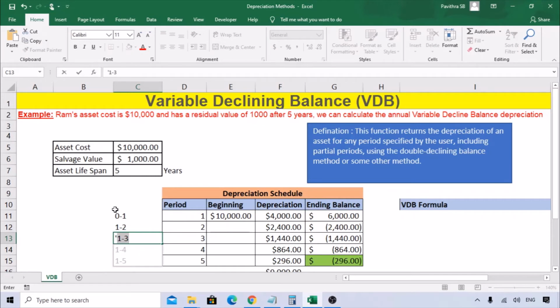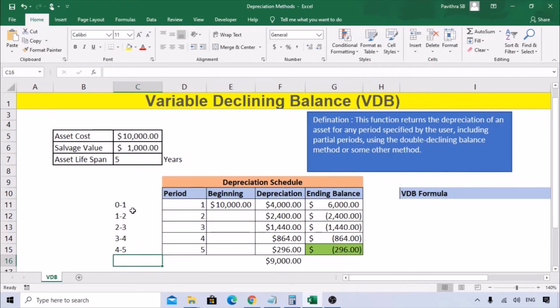So now 1 to 2, 3 to 4, 4 to 5. So we need to set it like this. Start date will be start and end date, end period, right?